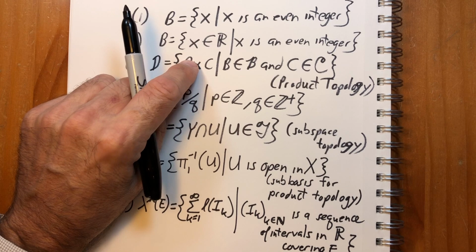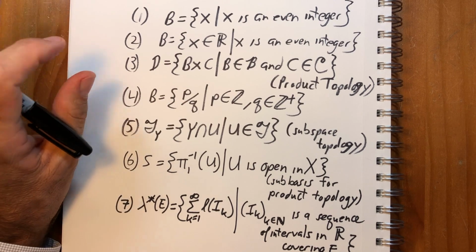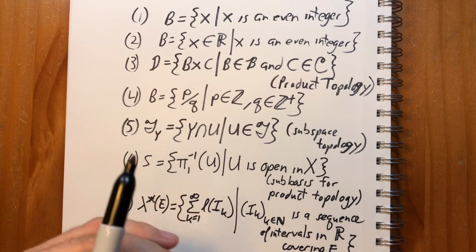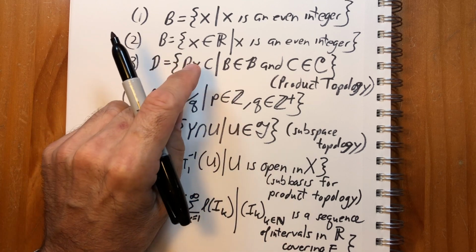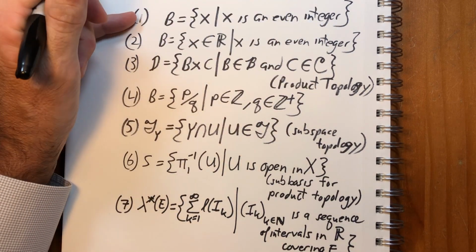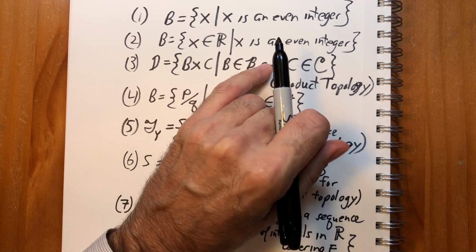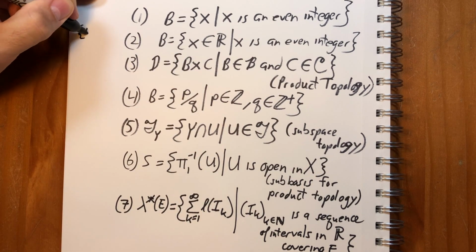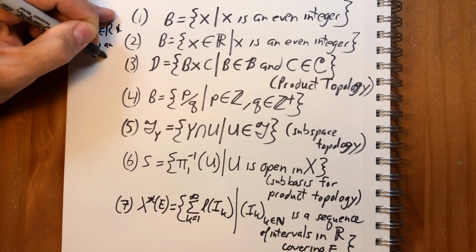Two specifies the larger set from which we're choosing objects. In topology, this is very important. As we'll see, even the definition of an open subset changes depending on which set you're taking the open subset from. But this notation doesn't actually make any sense at all, given what we said the definition of set builder is. The property you are applying to elements of the set should be on the right. You can write this set equally correctly by saying that it's x such that x is an element of R and x is an even integer,